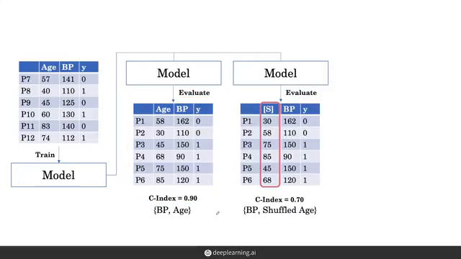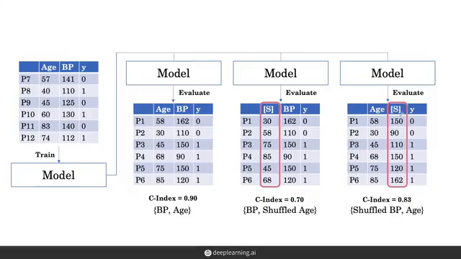The idea with permutation importance is that we're now going to permute, or in other words, shuffle a feature column in our test set before we evaluate the model. So we can see here we have the age column. What we're going to do is have this patient's age be shuffled with someone else's. And so we have a shuffling of this column over here. So now we're not passing in that patient's age, we're passing in some other patient's age, but of course the outcome is the same. And we see what is the drop in the performance of the model when we feed in the shuffled column to the model.